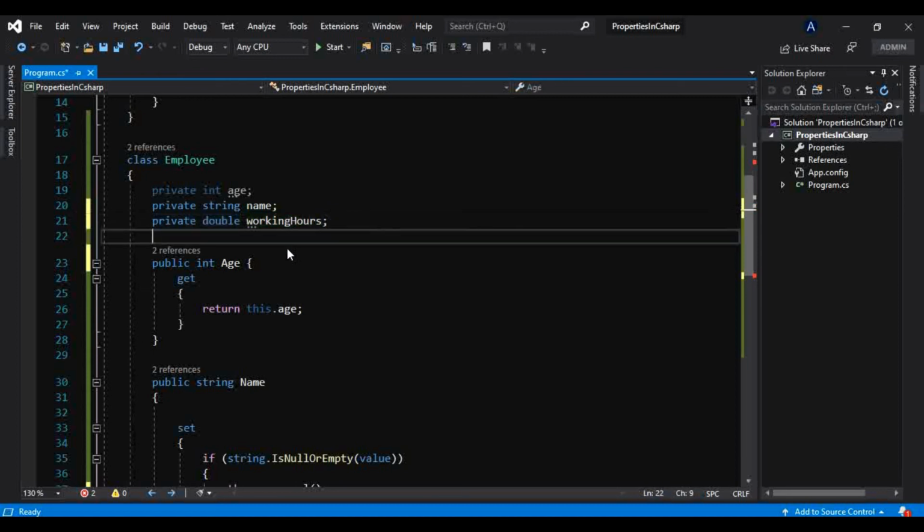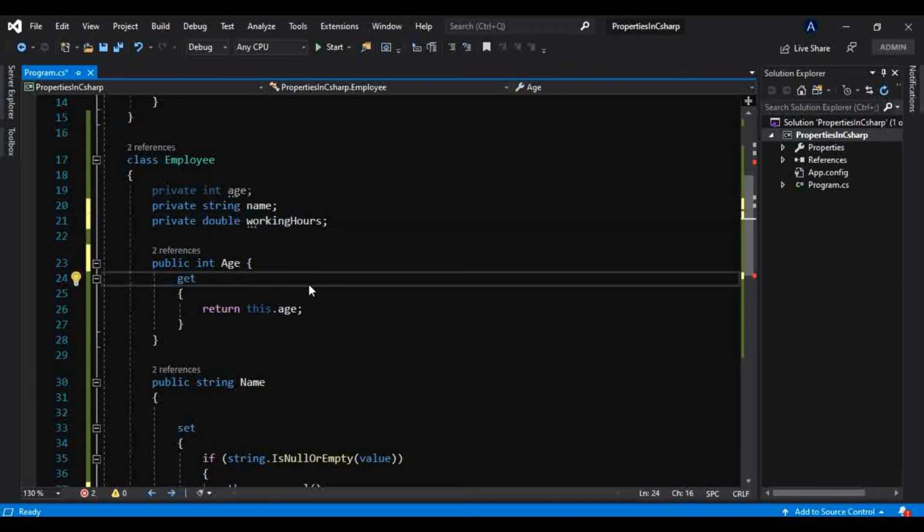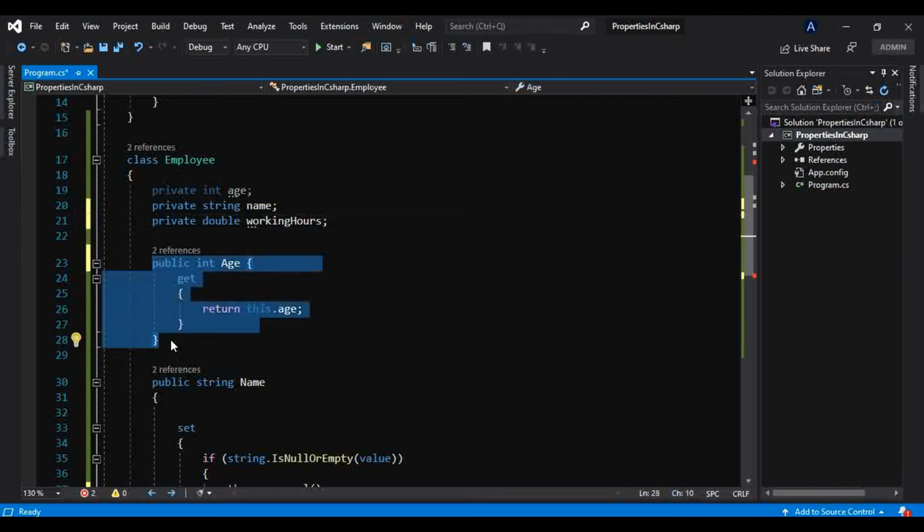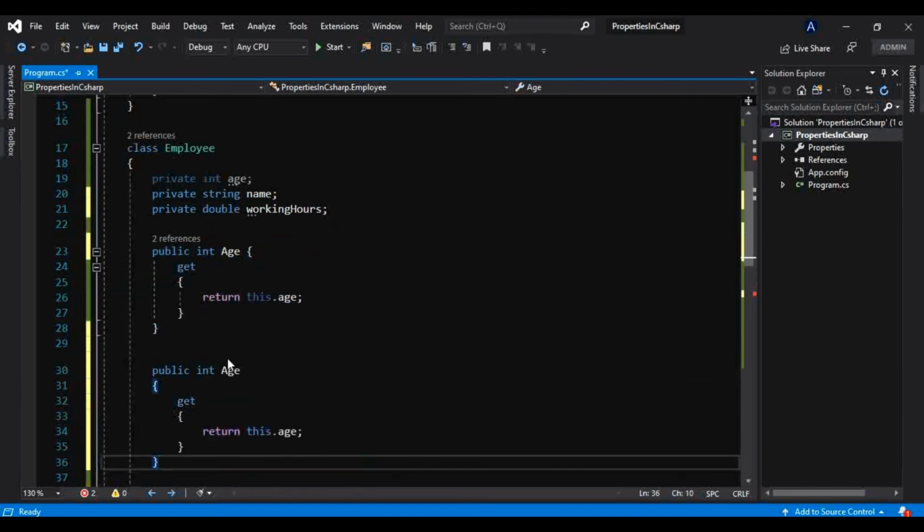Now what if the company has set the parameter that working hours should be this much only, and that has nothing to do with the user; only the company will decide what the working hours will be. So for that, we can have one property like this.